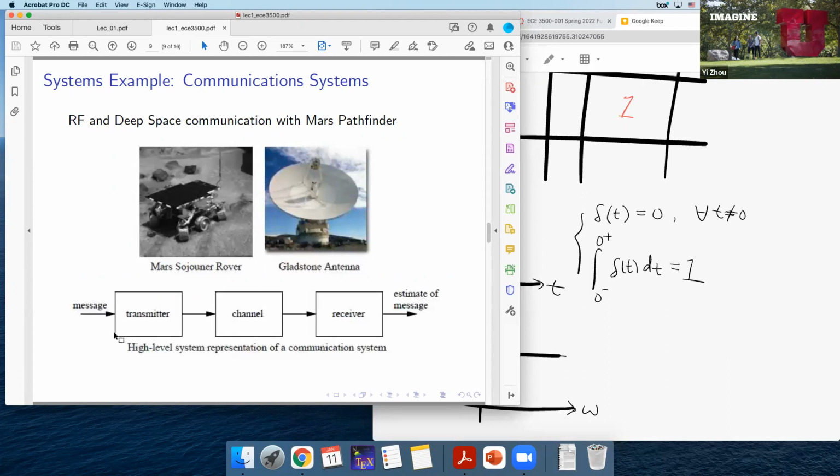And this is a very typical example of communication systems in electrical engineering. If you take some more advanced courses about communication, you will learn that the system includes multiple standard components. For example, you want to control a robot on Mars. You have a robot on Mars, and you're going to send a signal from the Earth. How do you do that? You are going to build such a communication system. Basically, you have a message to send, a command.